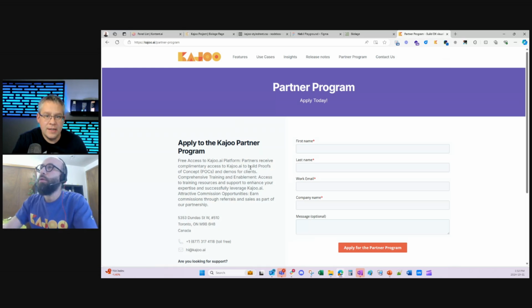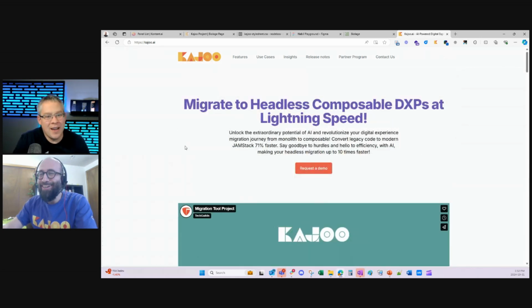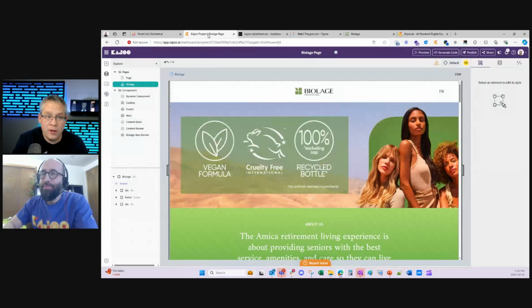Very cool. Well, I really appreciate the demo. I think it's fantastic. I'm really excited that Kajoo and yourself have this new partnership with Content AI. The integration with AI is well done. I really appreciate how you can go both directions in terms of binding components to content models that exist, as well as starting out the reverse of that with almost an empty slate and being able to generate the model based off the visual design that you're looking at, especially if you're that kind of low code, no code type of person.